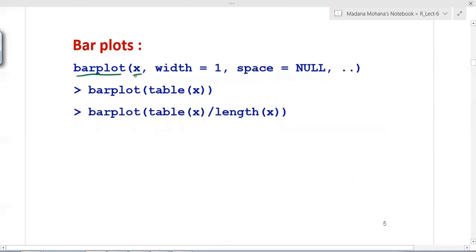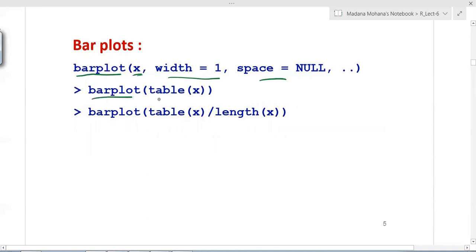First the data vector x, then you can specify defaults like width equal to 1, space equal to null, etc. Simply you can take absolute frequency or relative frequency, and for that you can apply barplot.